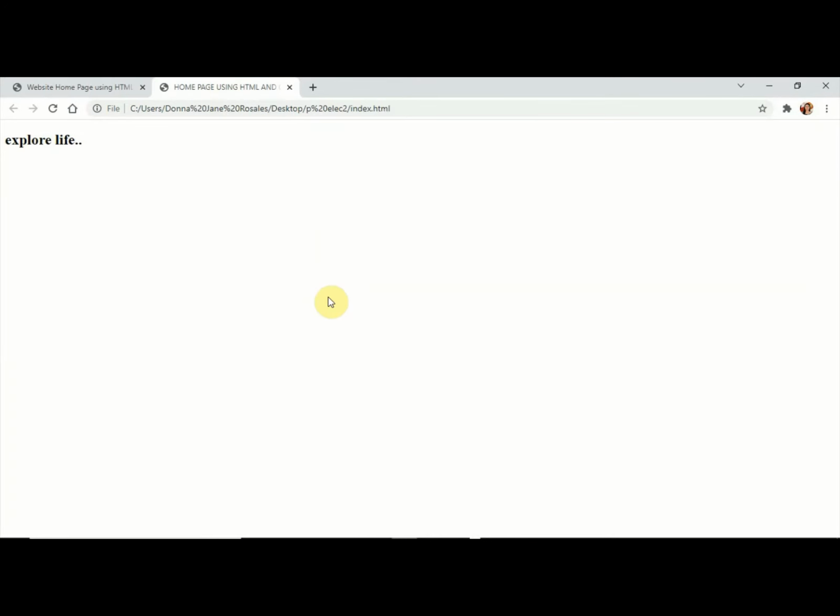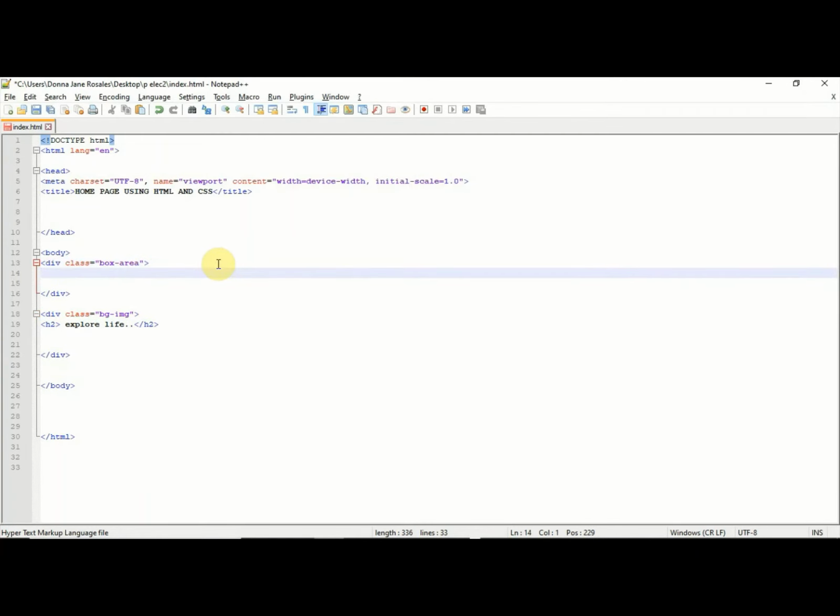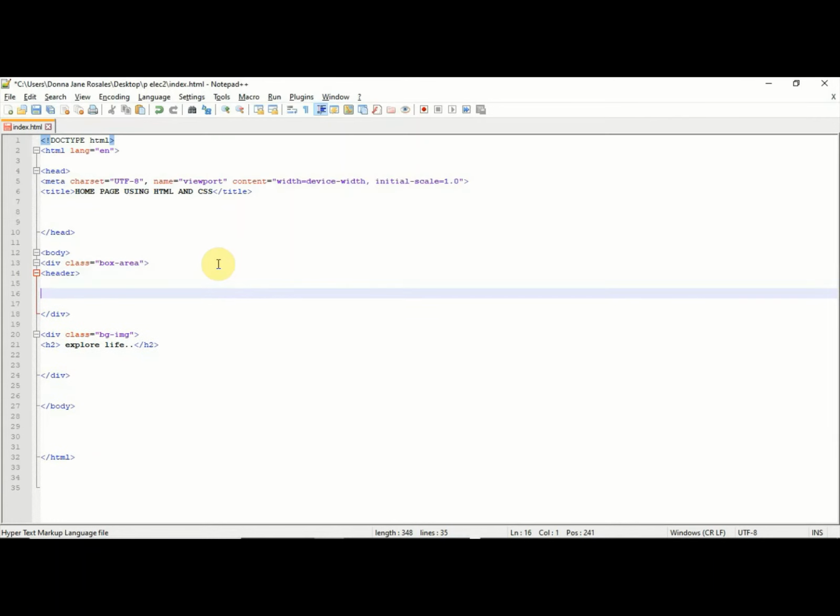Okay, this time let's create a header. So under aning div class box area, diri nato isud ang header tag. Header tag is a container tag. So let's put this one a closing tag. Now this time, I'm gonna use CSS, specifically external style sheet. So there are